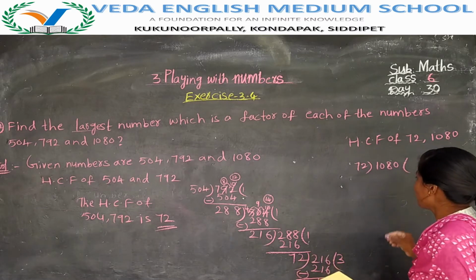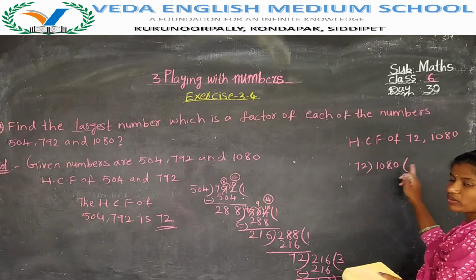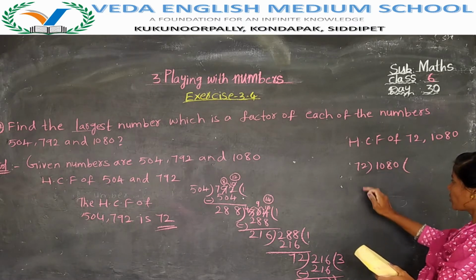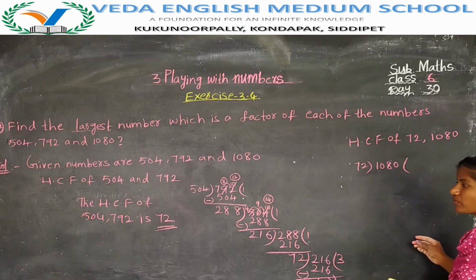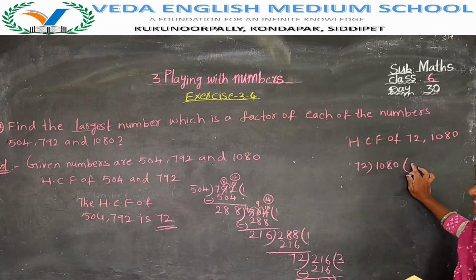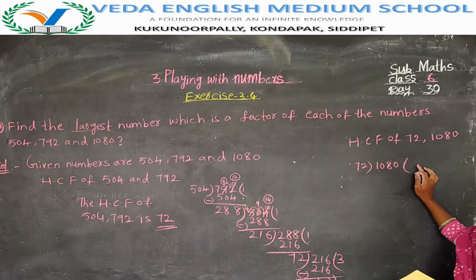Now, if you get a 4-digit number, you have to take it directly. Don't go with division like this, 72 1 72. Don't do that. Go with one step. Then how will you check? If you take 72 tens, you will get 720. 72 11s are, 72 12s are, 72 13s are, like that you have to check.